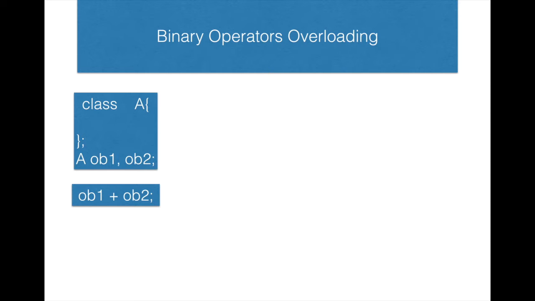Here we have the class, its name is A, and after the class we can see there are two objects OB1 and OB2, and later in the second block you can see OB1 + OB2. It is not a normal operation, because normally plus can be applied only to numerical data, whereas OB1 and OB2 are not numerical data. These are all objects of the class A. So here the plus operator doesn't know how to do it.